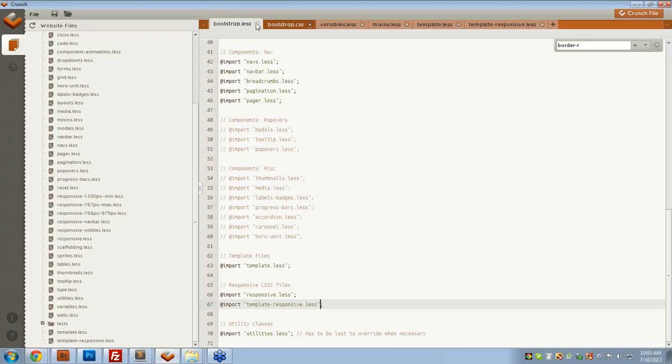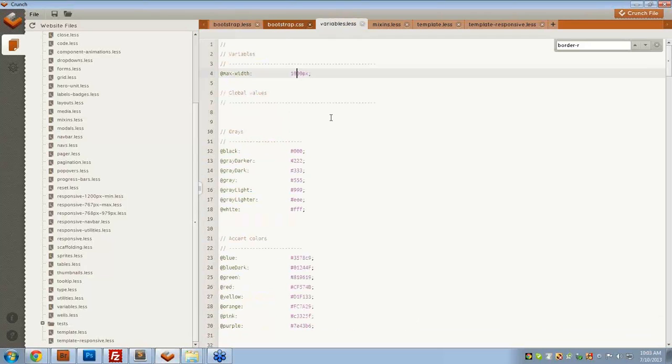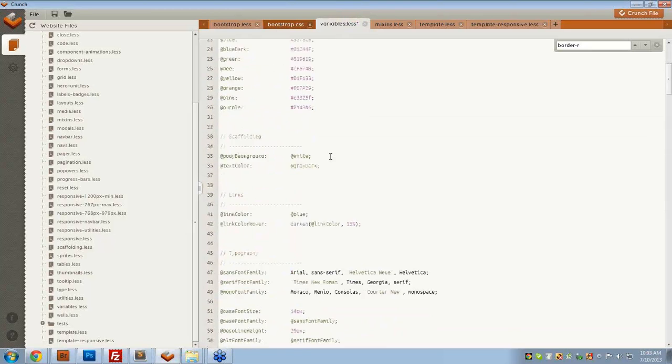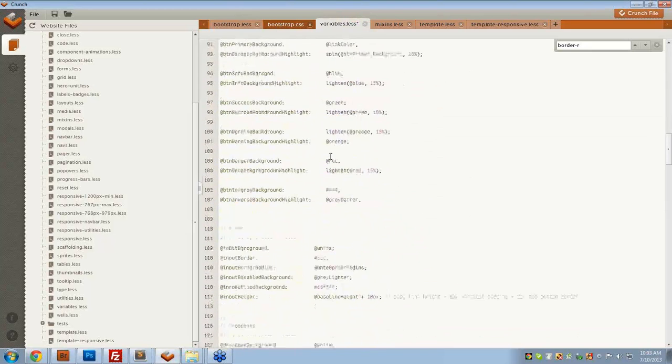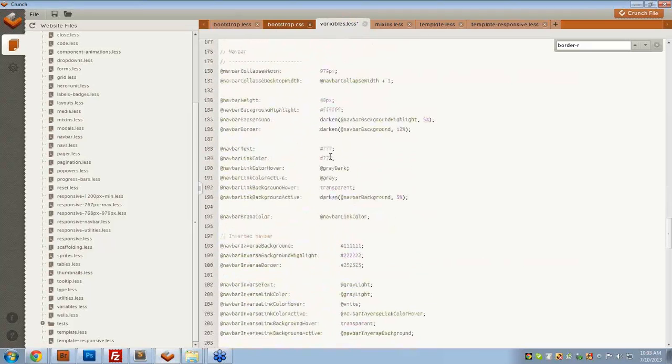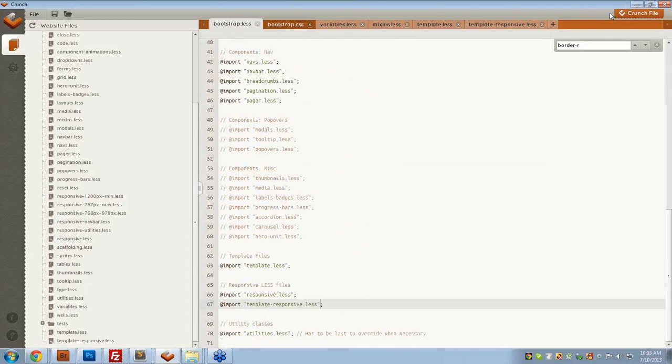That's easy. Let's open up the LESS files. We'll go to variables, the max width. We'll just change it to 1,400 pixels. And we'll find that nav bar height, which is down here somewhere. There it is. It's set to 40 pixels right now. Let's make it 100. That's it. And we'll go to here, crunch the file,